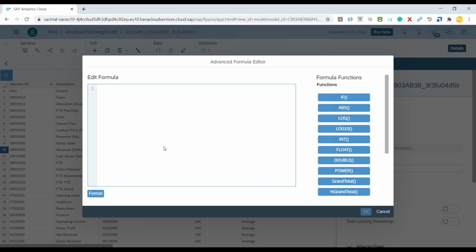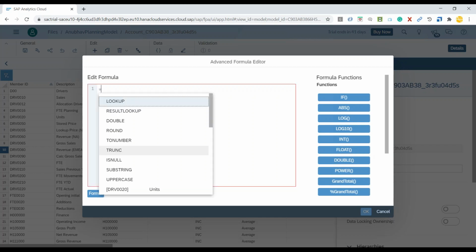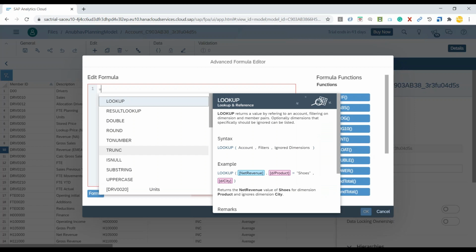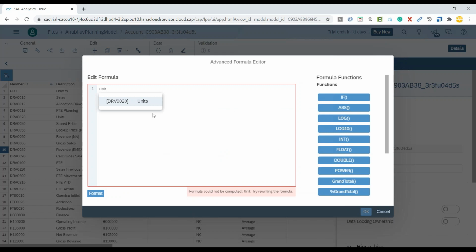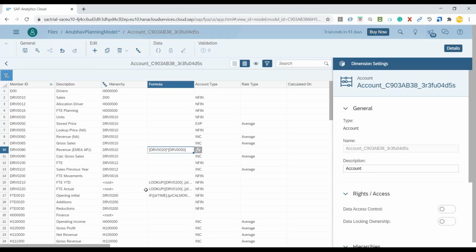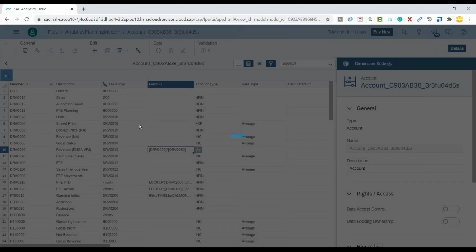Remember, when you're writing a formula, the code completion help will support you in choosing the different account dimensions. For example, when I type U, it shows me all the possible formulas in the entire system, including my dimensions, and the account dimensions in the system. So for example, I type unit, and you can see my unit account dimension is now visible. I double click to choose it, I press multiply, and then I type stored price, and I can see I've got the stored price. So I multiply both of them and click on OK. And there you go, my formula is created. Let's click on the Save button.